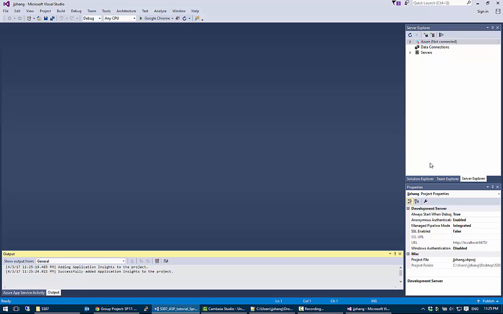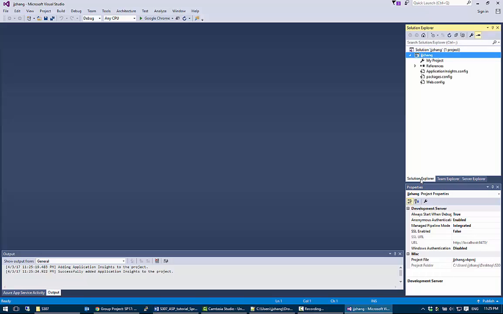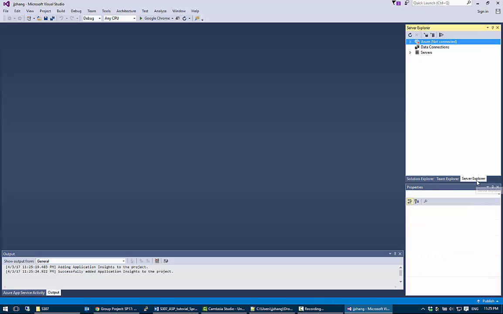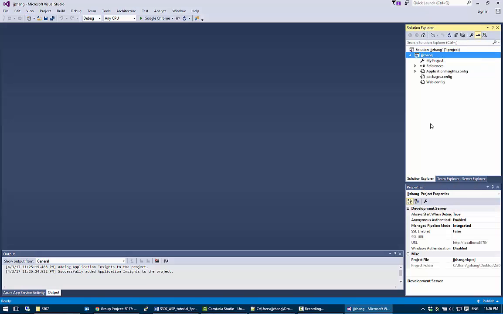On the right hand side, by default, we are in the Server Explorer, and then you can click the different tabs to go to different explorers. The tool that we're going to use a lot will be Solution Explorer, which will give us an overview of all the web pages we currently have on the website. The other is Server Explorer, which will connect our website to the backend SQL Server database. Let me go to Solution Explorer. You can see that I don't have any